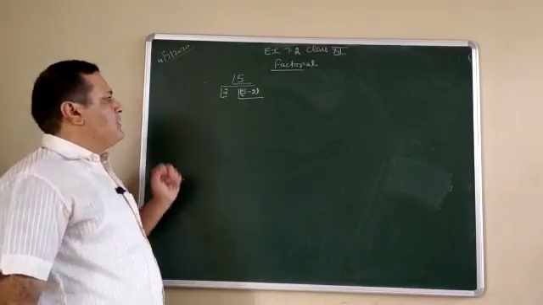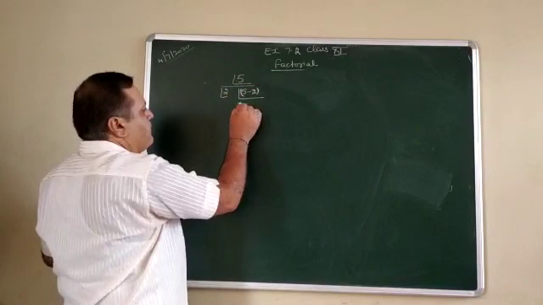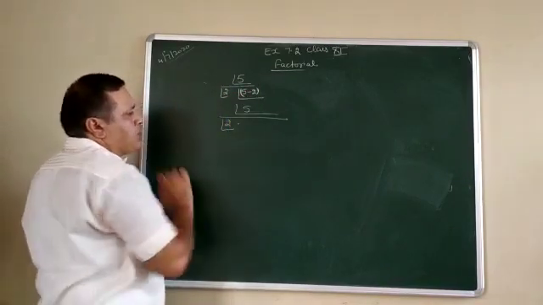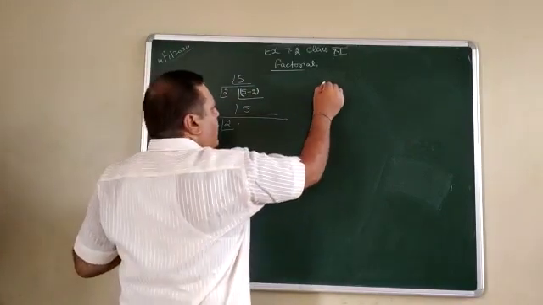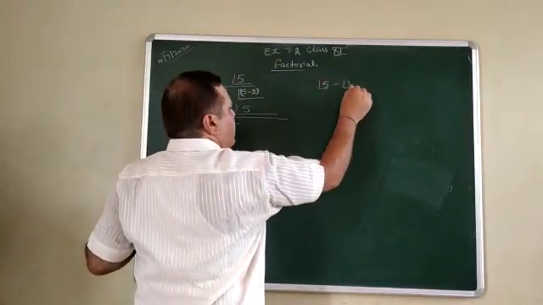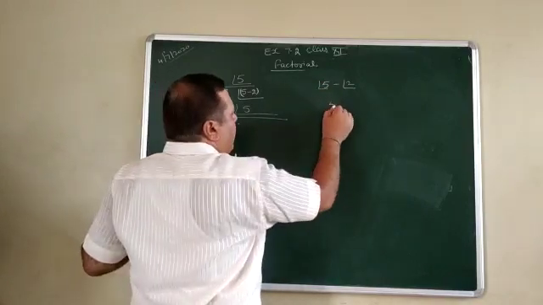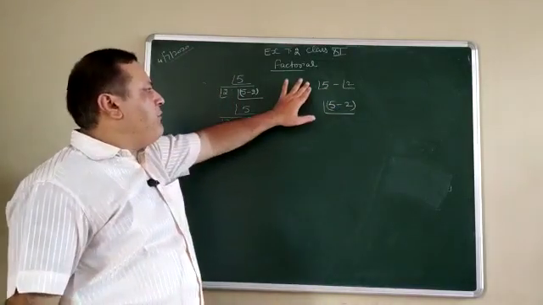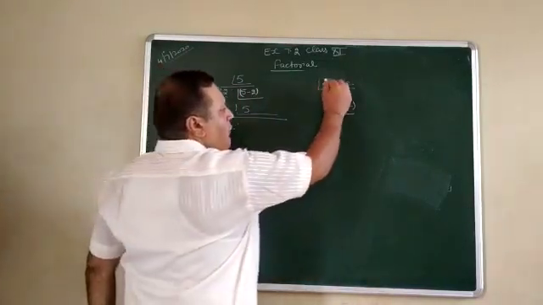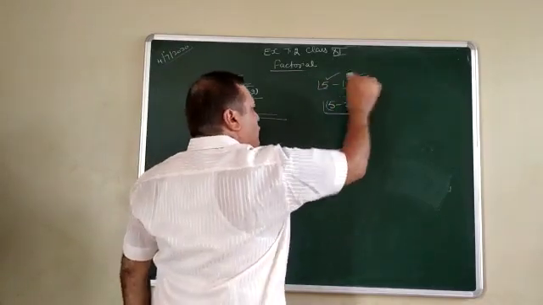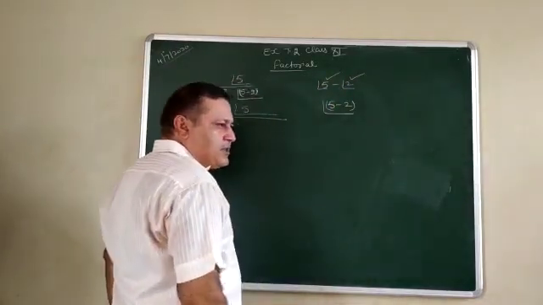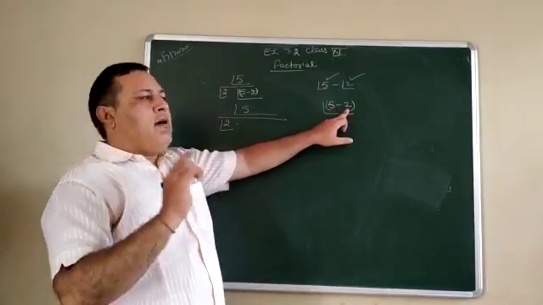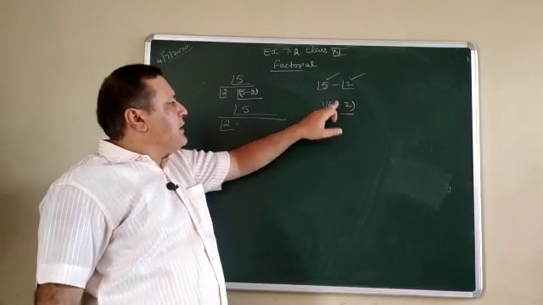Now see one more question. It is 5 factorial, it is 2 factorial, it is 5 minus 2. Remember, if we write 5 factorial minus 2 factorial, and if we write 5 minus 2 factorial, these two have different meanings. The first means first solve 5 factorial, then solve 2 factorial, and then go for subtraction. But the second says first go for the subtraction and then solve the factorial. This is the big difference between these two.